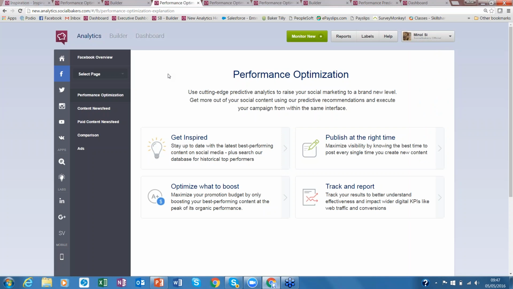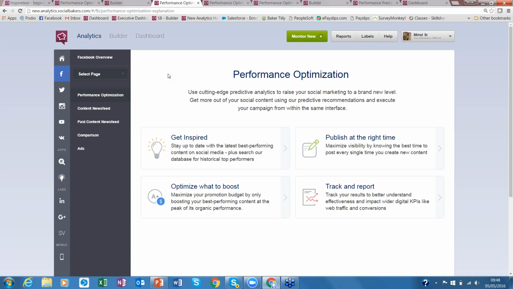once we've scheduled our content, what I want to do next is understand how it's performing, and see whether it's worth boosting. So with optimization and the standard process today, how is it that people are selecting what content to boost? We think that it's a bit of a guessing game sometimes, and a bit of a gamble, where